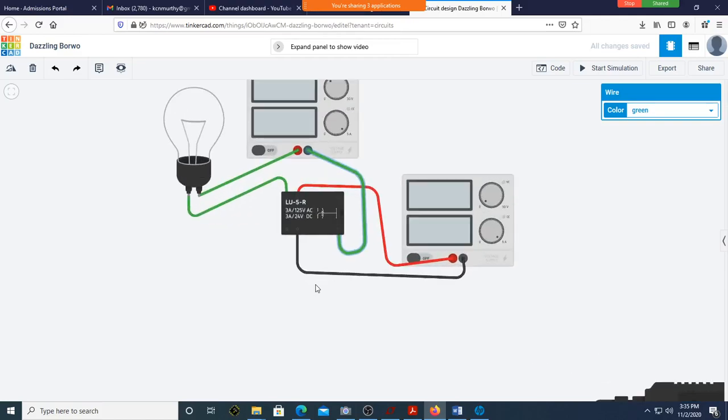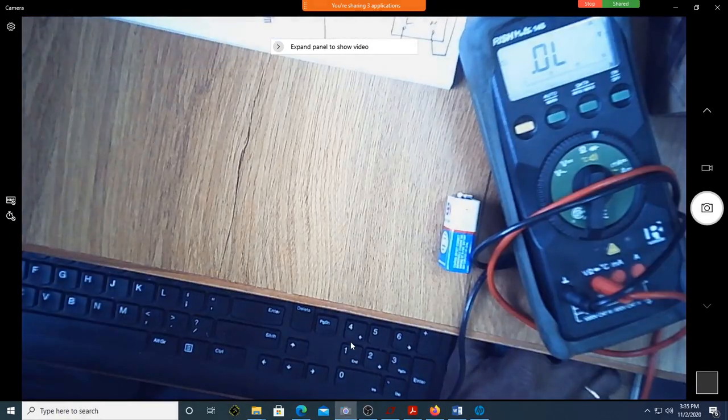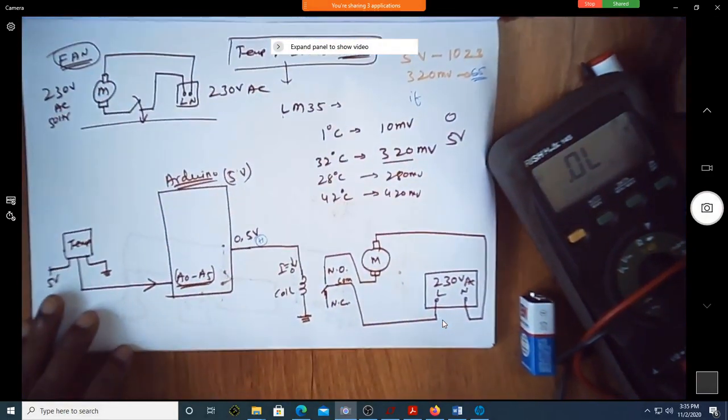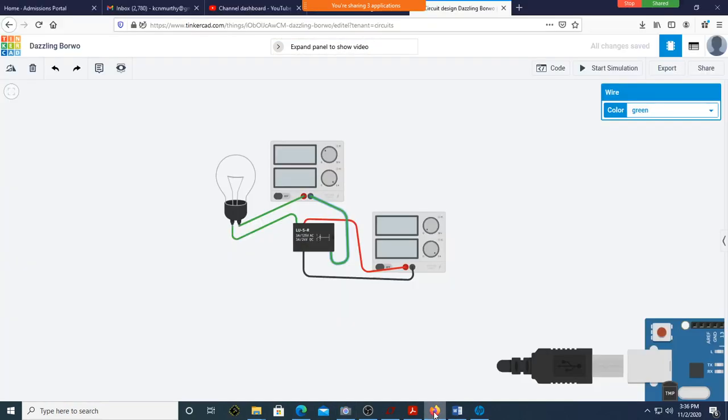Any other doubt? Now, can you implement this using the temperature sensor? Maybe you can look for the sensor number.